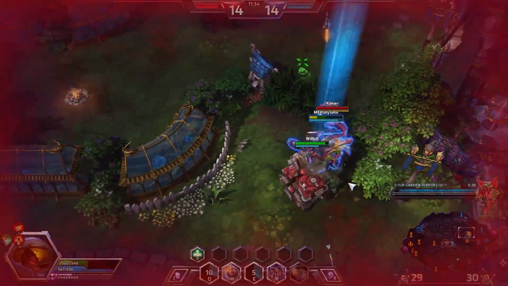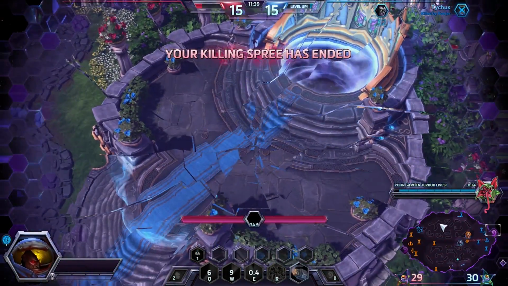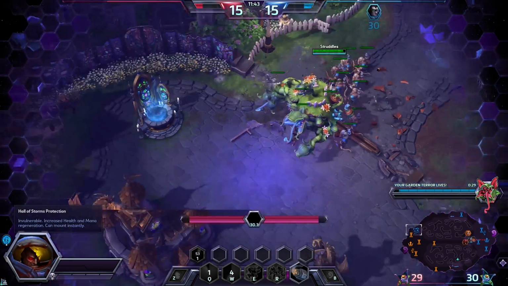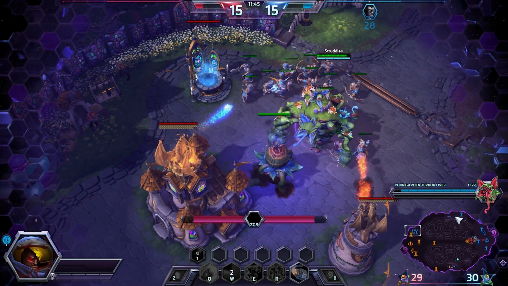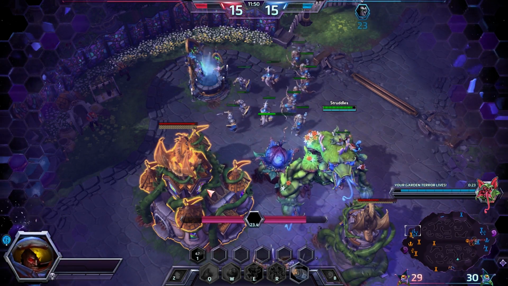And now the Barbarian has shown herself. We're going to be using first aid here. I don't think it's going to be enough. No, we are going to fall. Our Garden Terror, on the other hand, is doing a phenomenal job of pushing the top lane. May actually get this keep right here, which is the name of the Tier 2 fort, for those of you